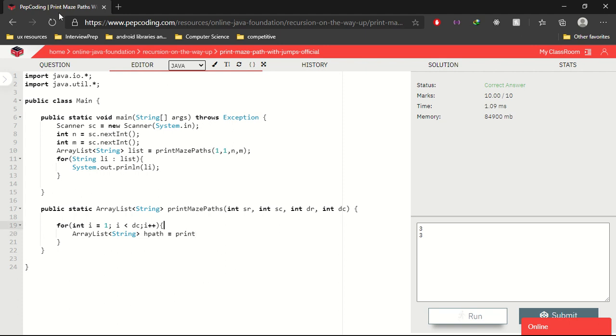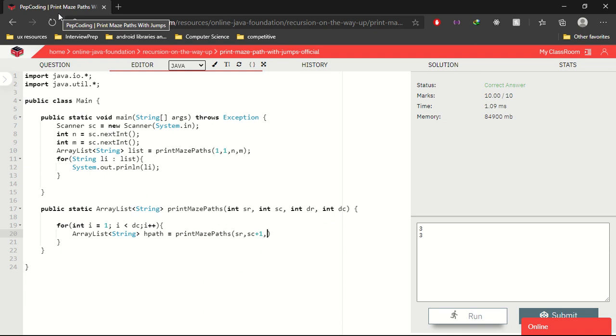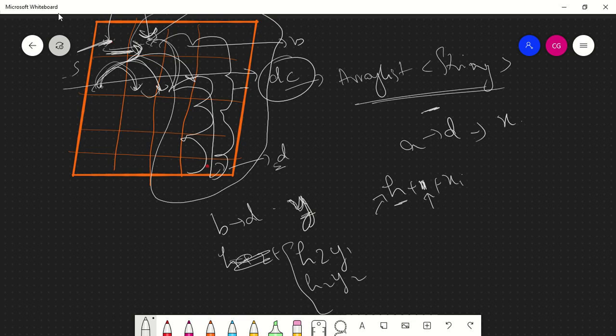This will be equal to print maze paths with source, sc plus i, dr and dc. How?